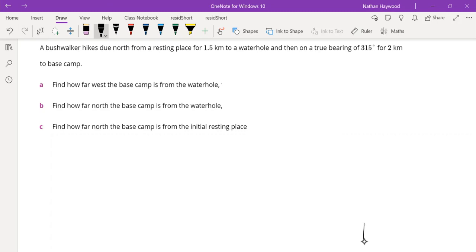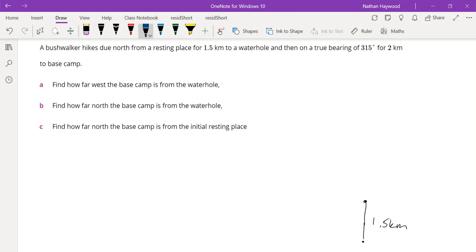A bushwalker hikes north from a resting place. So he heads north 1.5 kilometers. And then from the second point, after he's had a rest at the waterhole, travels 2 kilometers at a